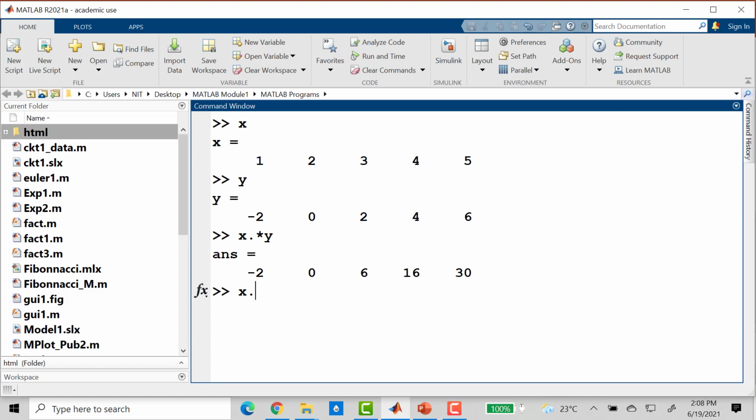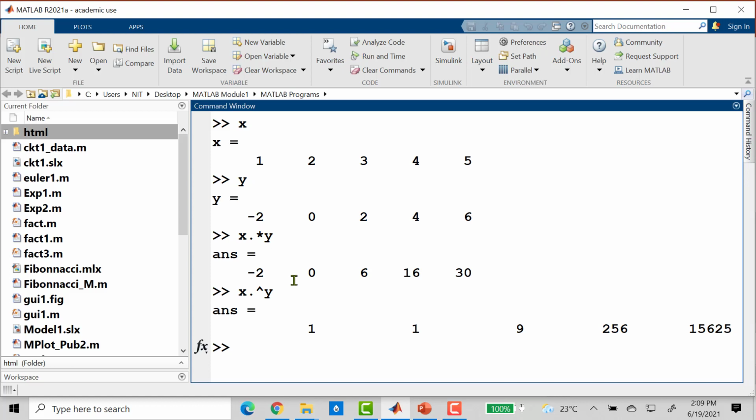Normally x to the power y means it's a matrix power. Matrix power is not easily possible unless the matrix is a square matrix. So in place of doing that, if you do x dot power y, it means something different in this case. It means x dot power y is equivalent to x to the power y individually, element by element.